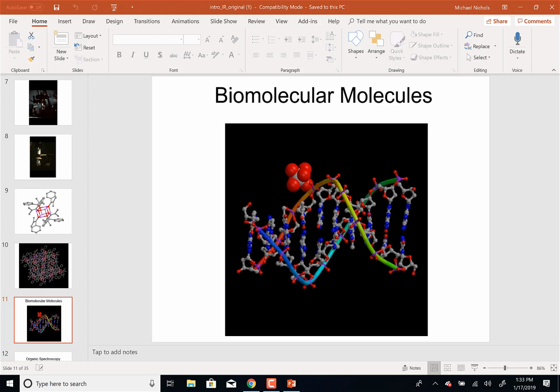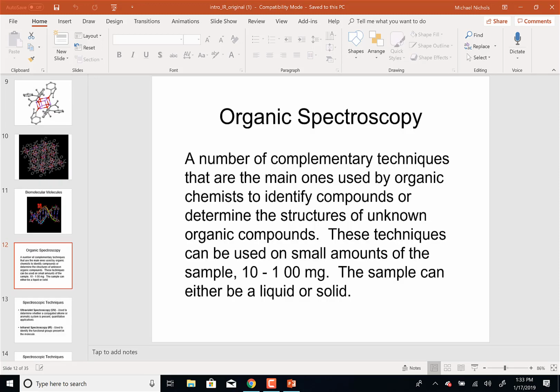So all the structures that you see in your biology, your microbiology, your genetics books, those came about from crystallography. But the problem is we can't get everything as a perfect crystal. And so what do we do? Then we have to use some complementary techniques to try and determine the structure. And by complementary, what I mean is one technique will give you certain aspects of the molecule, and the other technique will give you even more information. So you have to use all of them together.